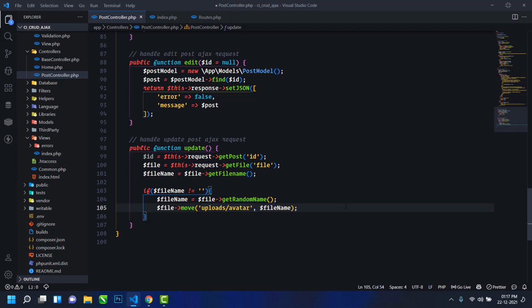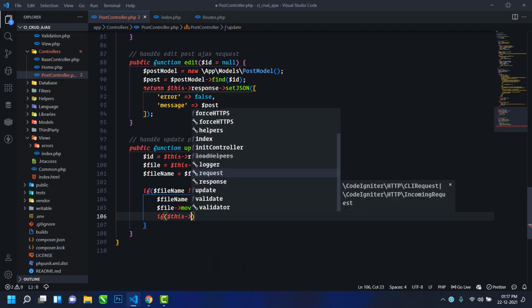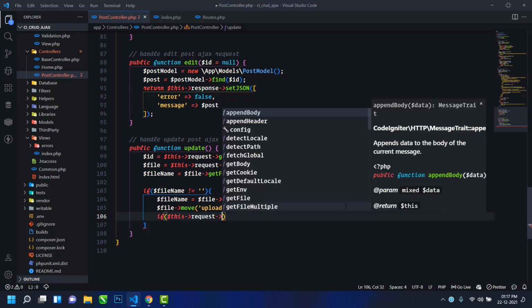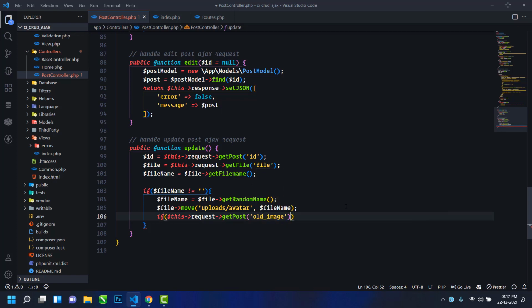So to remove old image, here again I will check if condition, if this request get post old image, old underscore image is not equal to empty.